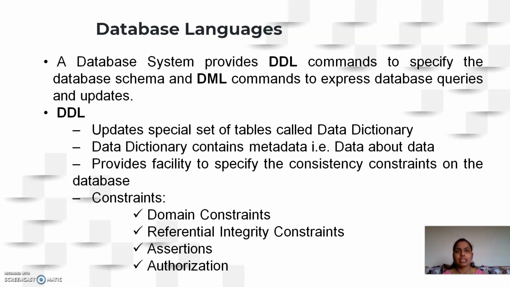So, the database languages. We know that language is something which allows you to communicate. As databases are software, we require a database language to communicate with the database so that we can perform certain operations, which could be read and write operations. There are two major languages in the database. One is DDL, which we call data definition language. The second one is DML, which is called data manipulation language.